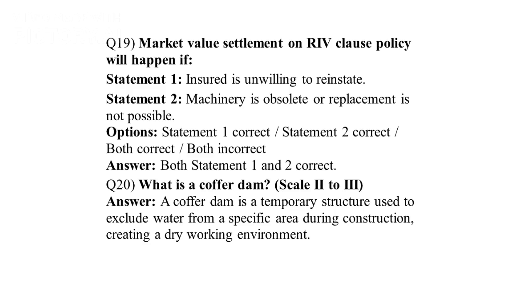Q19, market value settlement on RIV clause policy will happen if, Statement 1, insured is unwilling to reinstate. Statement 2, machinery is obsolete or replacement is not possible. Answer, both Statement 1 and 2 correct. Q20, what is a cofferdam? Answer, a cofferdam is a temporary structure used to exclude water from a specific area during construction, creating a dry